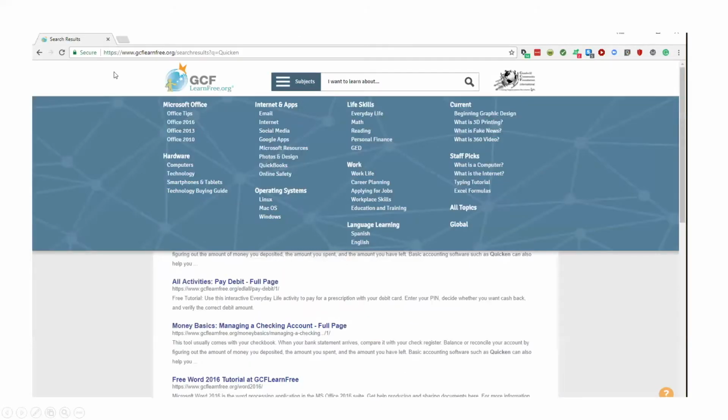Now here is an example of gcflearnfree.org. This is their main screen, and you can see that's their address. If you go through, you can see they have tips, Office tips, to Office 2016, Office 2013, Office 2010, hardware, internet and applications, operating systems, some other programs as well, life skills, work, language learning, and beginning graphic design,